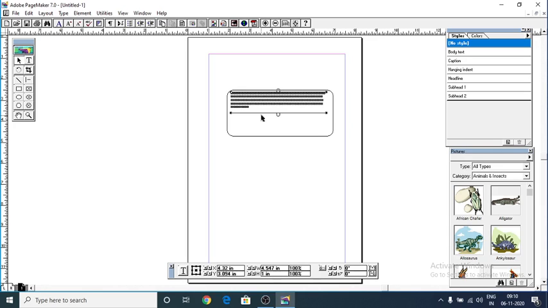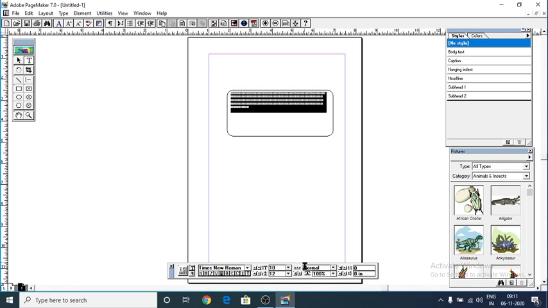Next one is linking frames containing text, and we can link the frames. A single frame may not be large enough, so it is a single frame, it is not enough to contain all the information or all the story. For that I'm going to create a second frame, and I'm going to create a link among the frames to contain the large information. So see here,